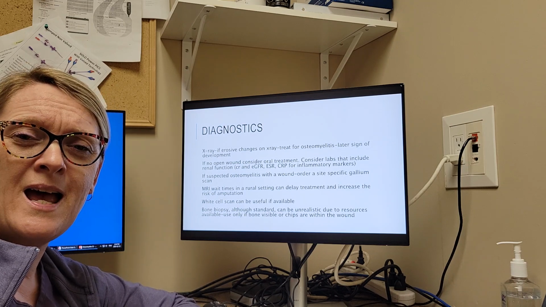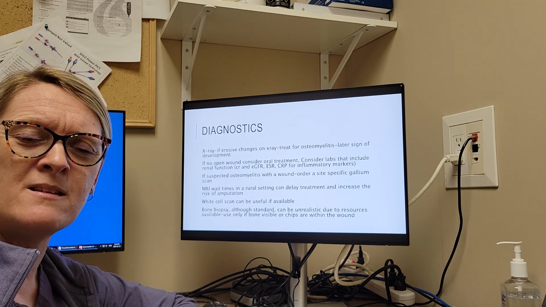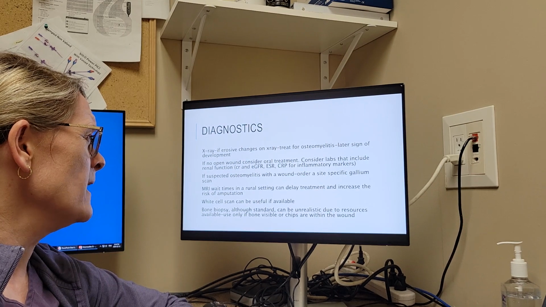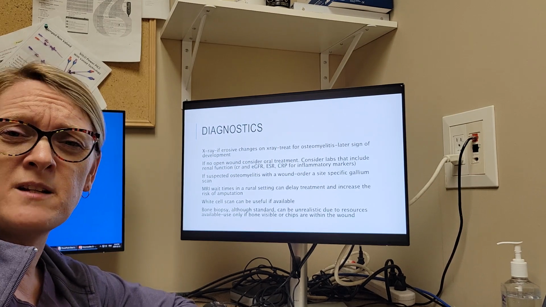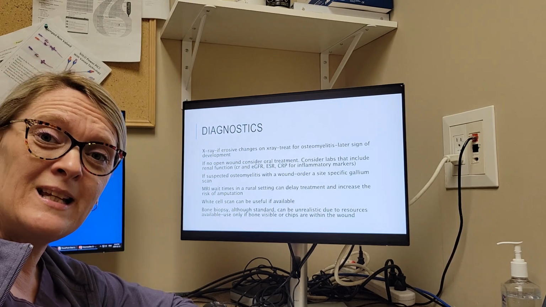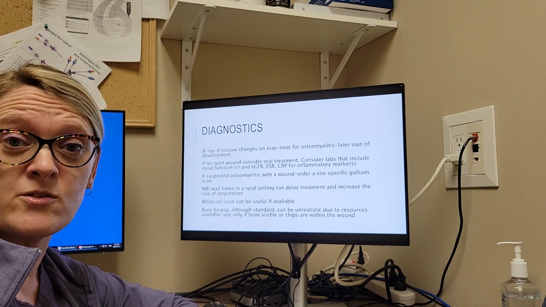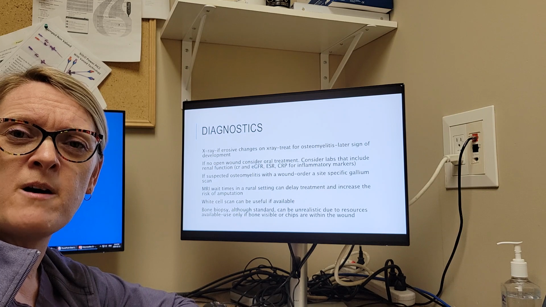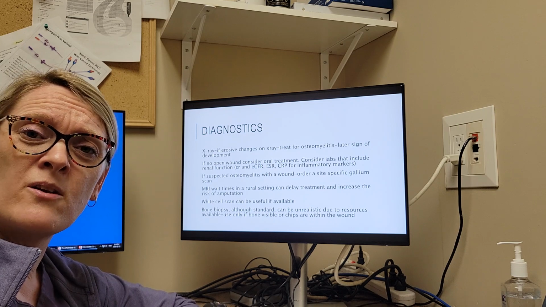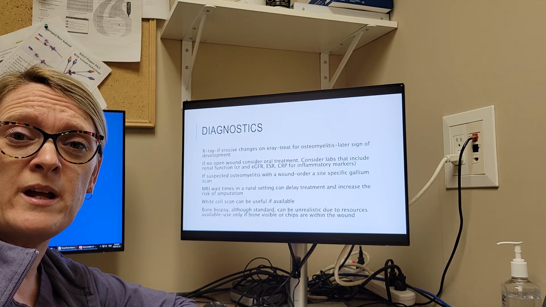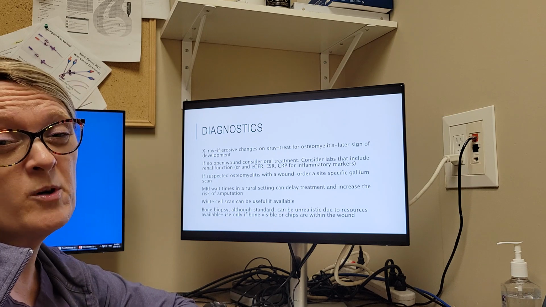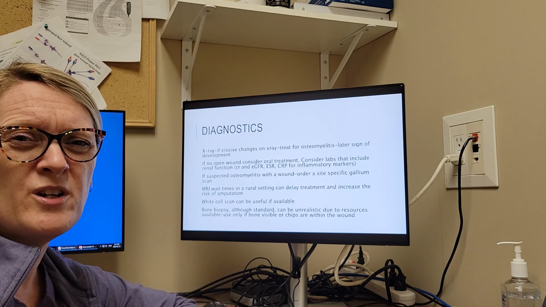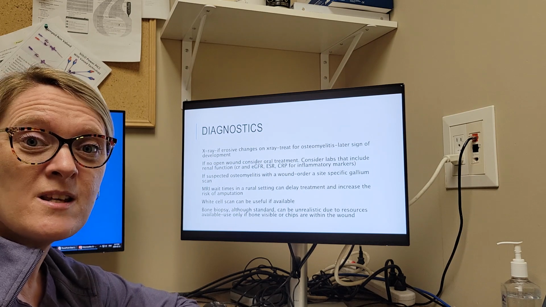It really depends on how extensive the osteomyelitis is, but I will show you some photos to differentiate between the two. So again, when we suspect it, if the x-ray is clear but we still clinically see signs of it, if there is a wound, if there is redness or erythema, some smell or something coming out of the wound, or that we have probed to bone. Again, once we've probed to bone, we treat it as osteomyelitis. We don't end up doing further testing because we know that 90% of the time there is osteo, so why